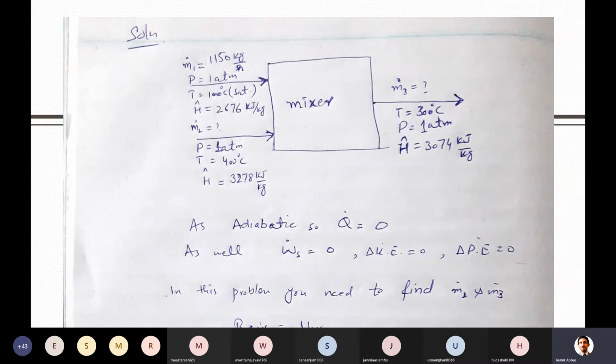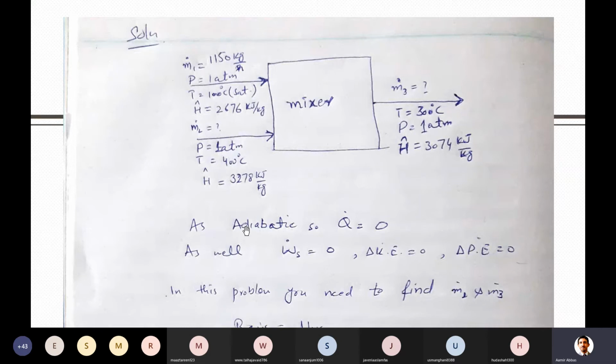And in real life, when you will be solving problems, designing the equipment, most of the time you have to solve both at a time, material as well as energy balance. With the help of this, definitely you will be able to find the unknowns, otherwise it will be difficult. Such kind of problem is something you face in the real world, or when you design your equipment. Although this is a simple non-reacting system, sometimes reactions will also be involved, and it will become a bit more complex, and then you have to do this.